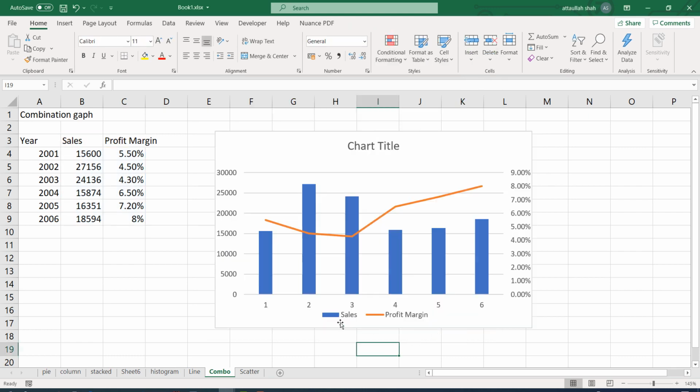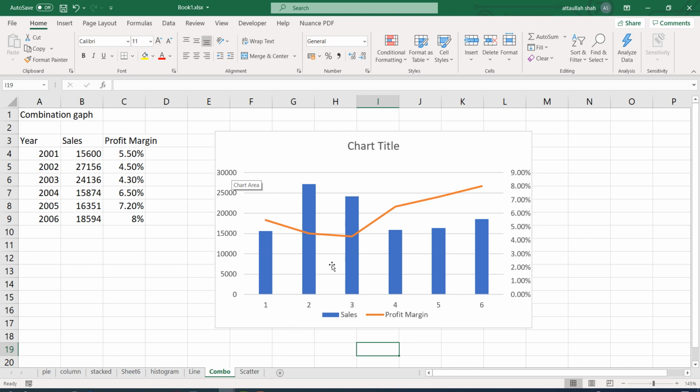Okay, so our first axis you can see is the sales revenue. In this specific graph, we have two y-axes. Normally we have one y-axis, but in this case we have two. The first one is the sales, which are shown in absolute values, and the second axis toward the right of the chart is the profit margin, which is shown in percentages.